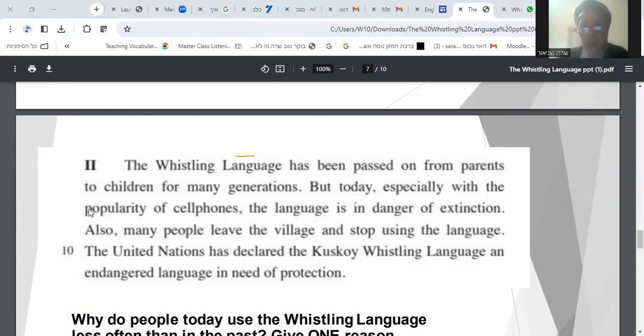But today, especially with the popularity of cell phones,